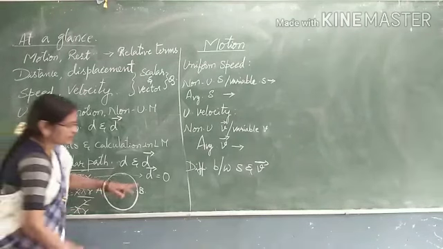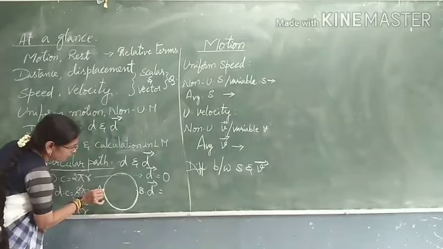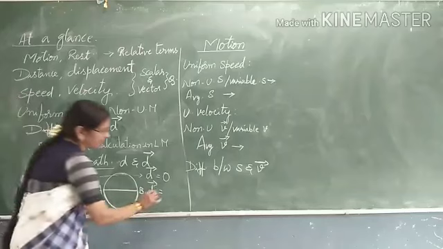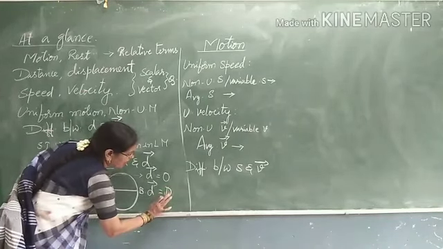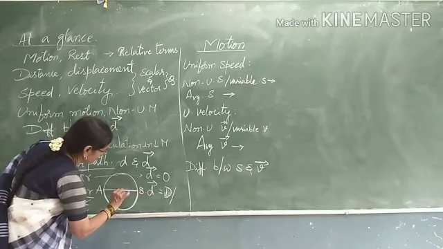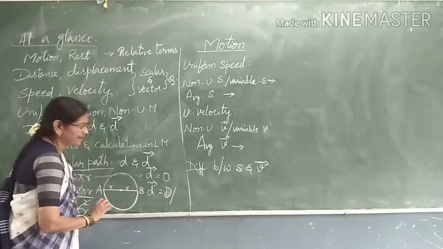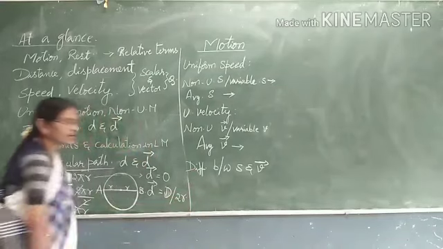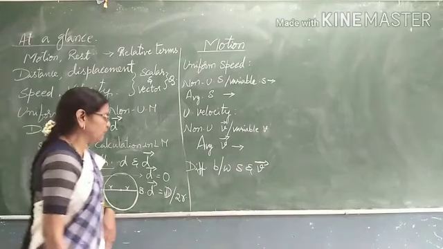What is the displacement? Displacement is equal to, see, join the line, the shortest distance A to B, that is the diameter. The diameter of the circle, or from A to this point is r, and this is r, the radius of the circle, no? So r plus r, that is 2r. Understood? Now, today what we are going to learn.